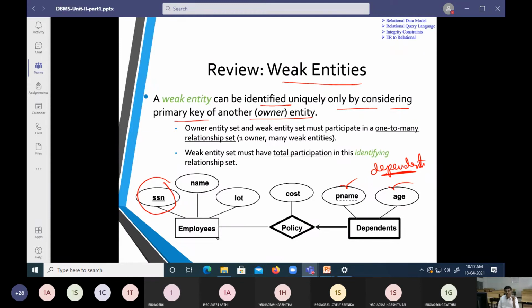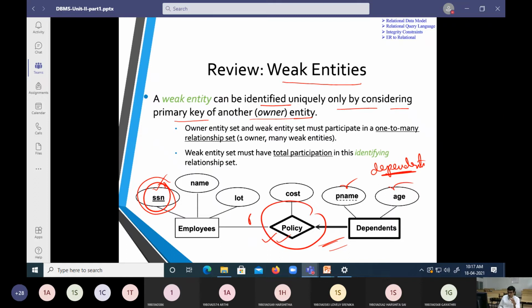As long as the employee is working in that organization, the policy benefits are given to the dependents. If the employee leaves, obviously the policy benefits are taken away from the dependents also. So a weak entity is purely dependent on the other primary key. The other primary key we assume is SSN, and if SSN is an employee, then only the policy is going to be active.